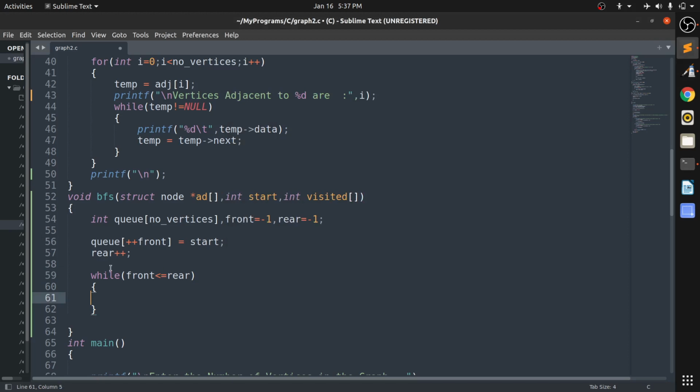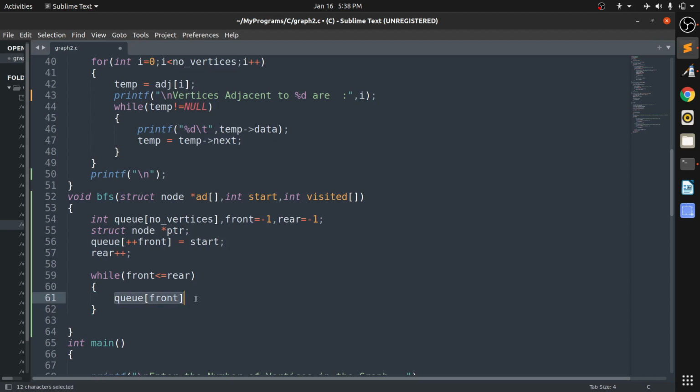Okay, so here we have to define one struct node star pointer, sorry, ptr. And now here what I am going to do is, first the value that is present in the queue of front. I am just printing that value, but before printing that value, what I am going to do is take the value that is present in here.